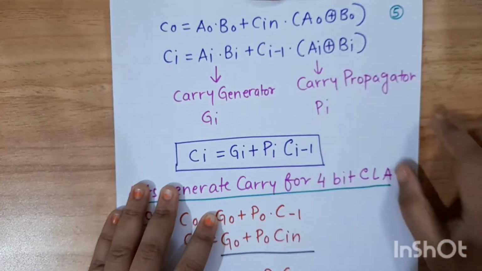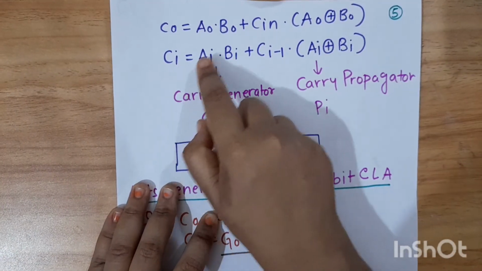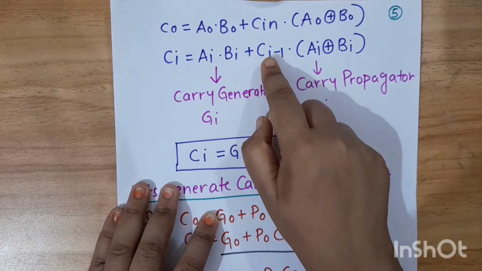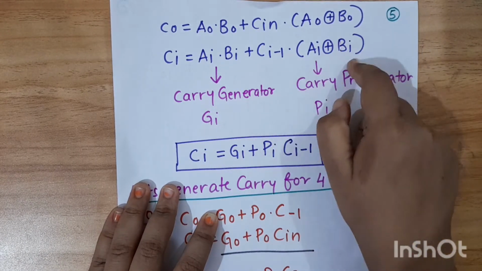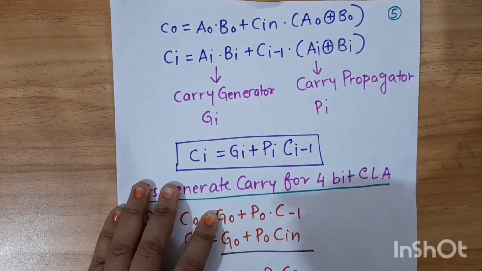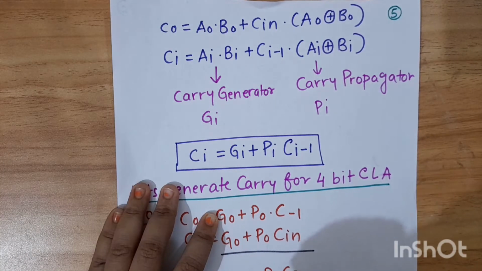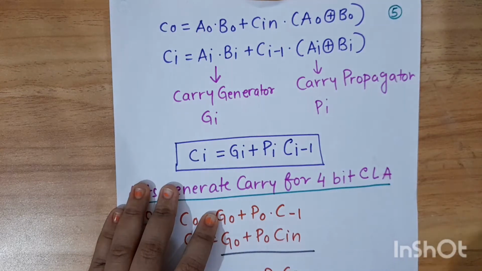This equation I can generalize and write it like this: Ci is equal to Ai dot Bi plus Ci minus 1 dot inside bracket Ai exclusive or Bi, where i stands for the ith bit of the adder. Suppose there are 4 bits, A0, A1, A2, A3. So i stands for A0, i stands for A1, i stands for A2, i stands for A3. And so this is a generalized equation